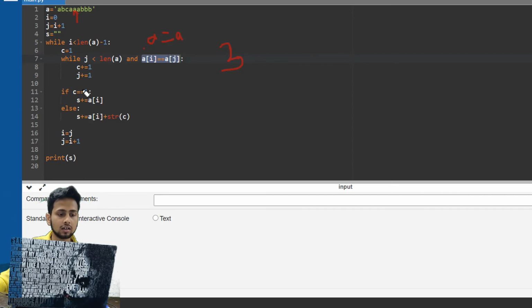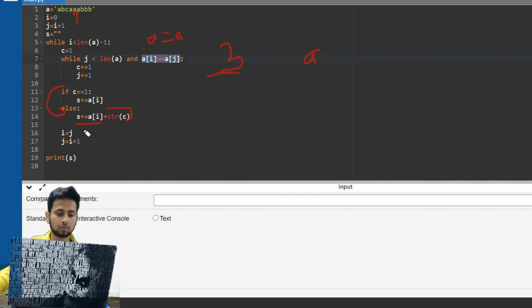And here c is not equal to 1, because c is 3 now. So we are simply going to this else statement, and we are simply adding a of i, which is basically a, and then we cannot simply add a number to our string, so we are forcefully typecasting our c, which is basically 3, to become a string.